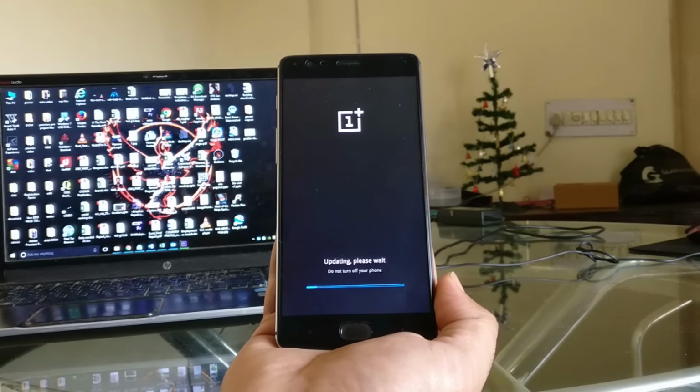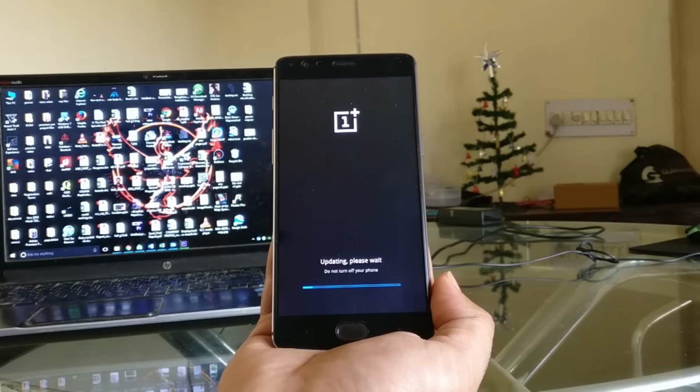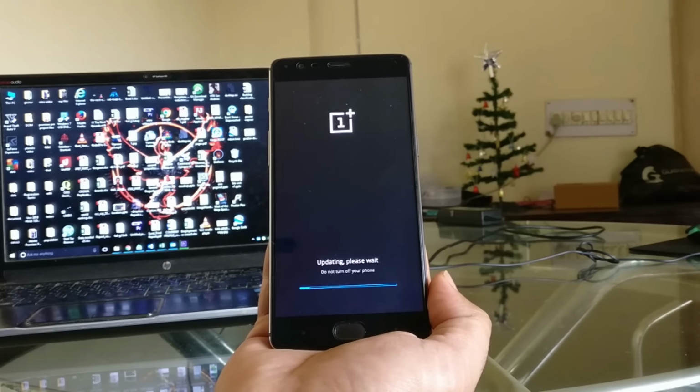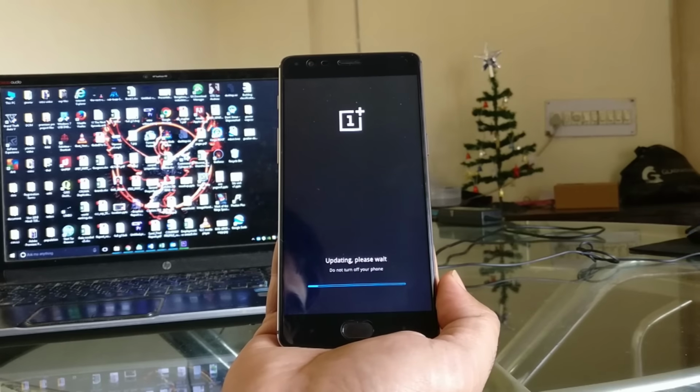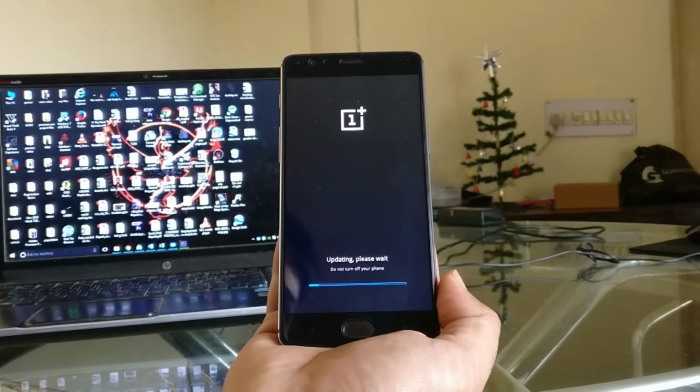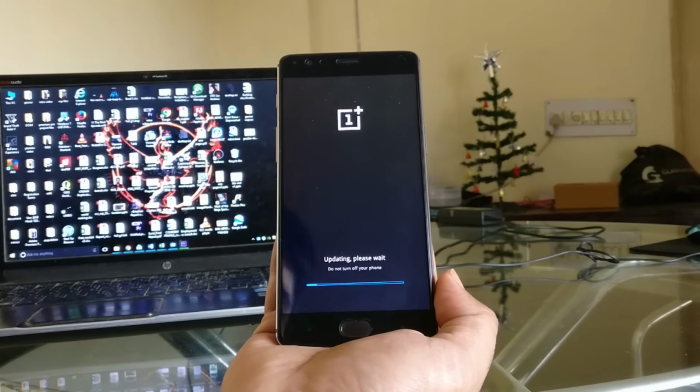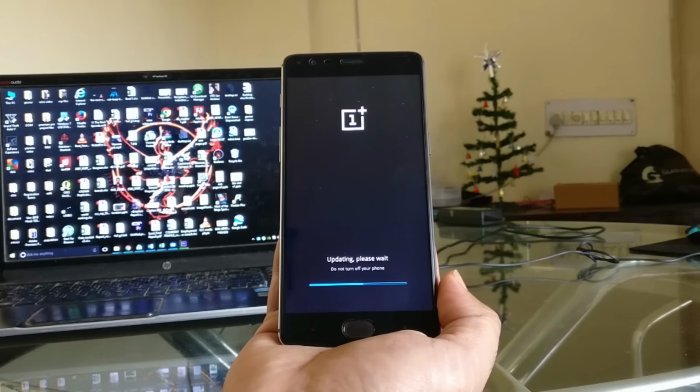You know, Kunal, the best part I like about OnePlus is that it shows how much is installed with that loading line. For instance, when we did the review of the Motorola G4, it looked like it was hanging for 15-20 minutes, but the process was still going on. You don't know that the process is going on because this type of loading line is not there in any other phone. OnePlus is providing that.